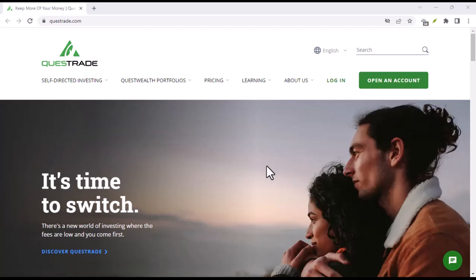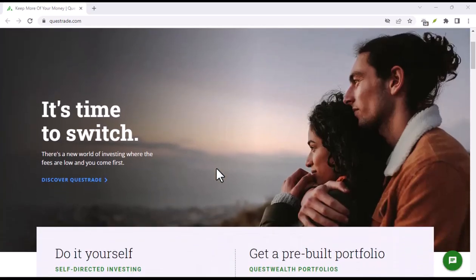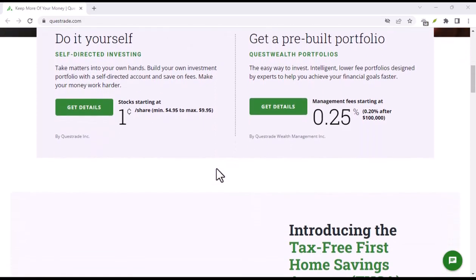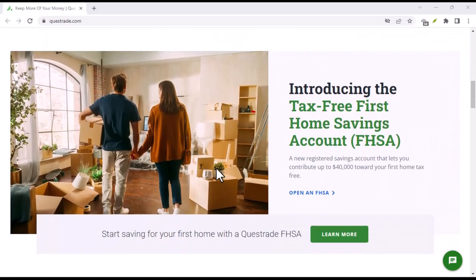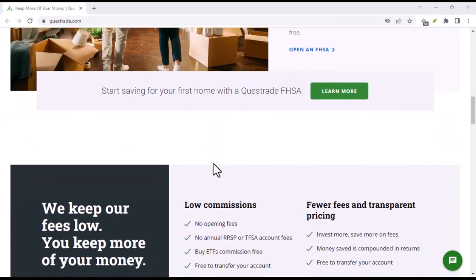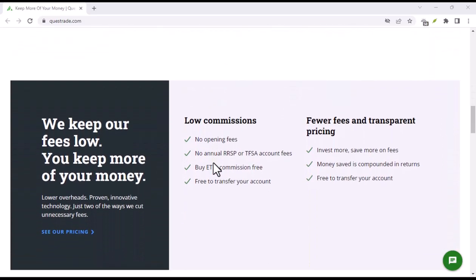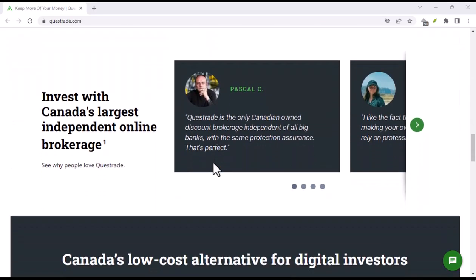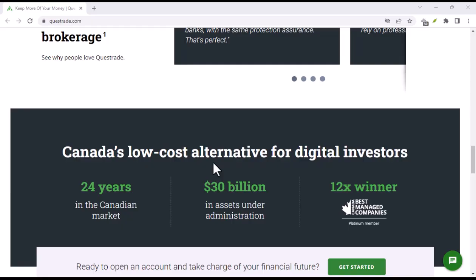Have you ever placed a trade on Questrade, set your price, and then just waited? Wondering why your order isn't executing or why it suddenly disappears? The secret often lies in something called order duration. It's a crucial, yet sometimes overlooked, aspect of placing trades, and understanding it can make all the difference in your